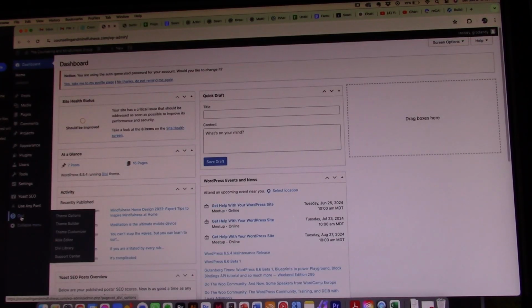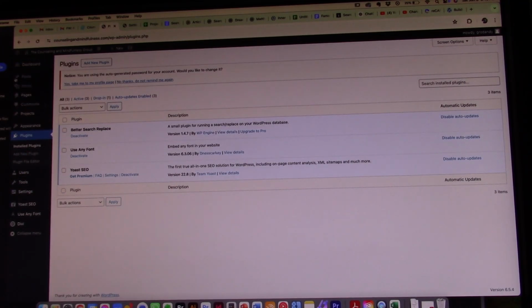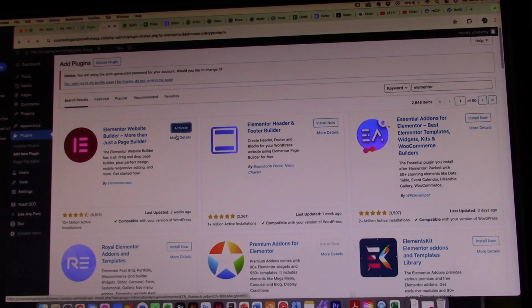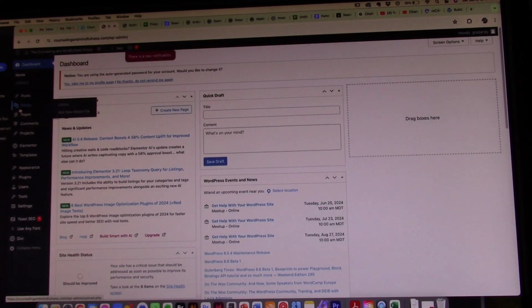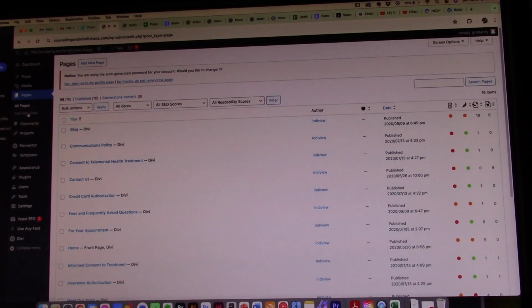Okay, so this one's built in Divi, and I don't believe that Elementor is installed on it. Let's go ahead and install Elementor real quick, and then I'll show you how I would go through the process. I don't need to create an account yet. We'll just get out of that. Let's say I've got Elementor installed on my site, but my site is not an Elementor site natively, right? I would come to a page that I want to work on,